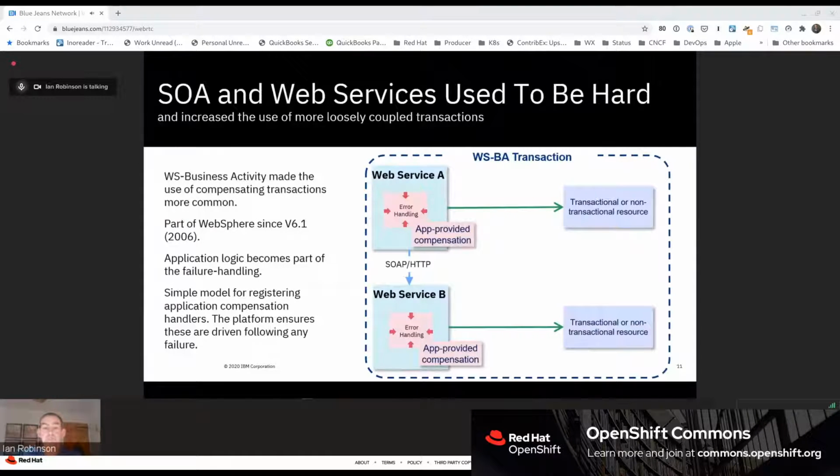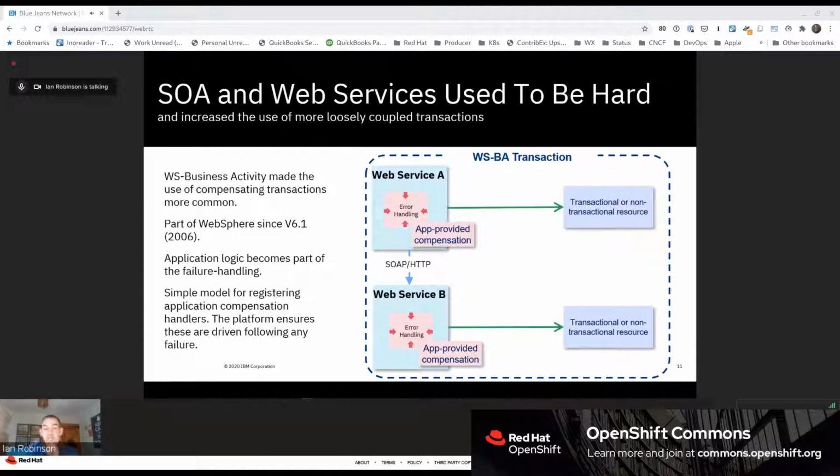And in the web services space, that was introduced by a compensating transaction model called WS Business Activity, and that's going to be relevant to where we're going in a moment with cloud native transactions and the MicroProfile API.